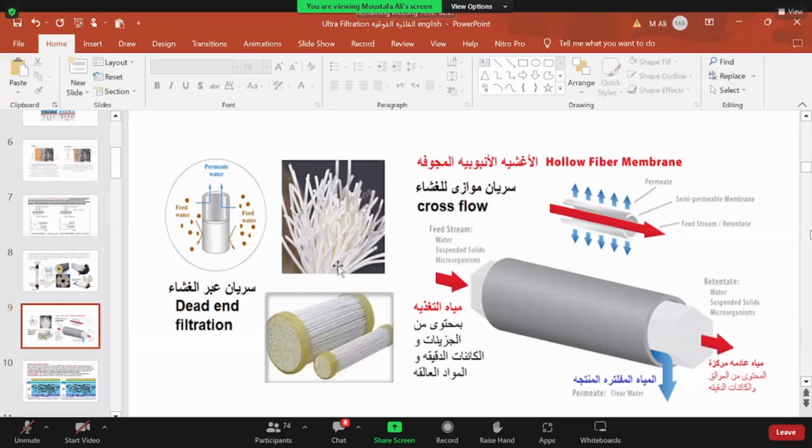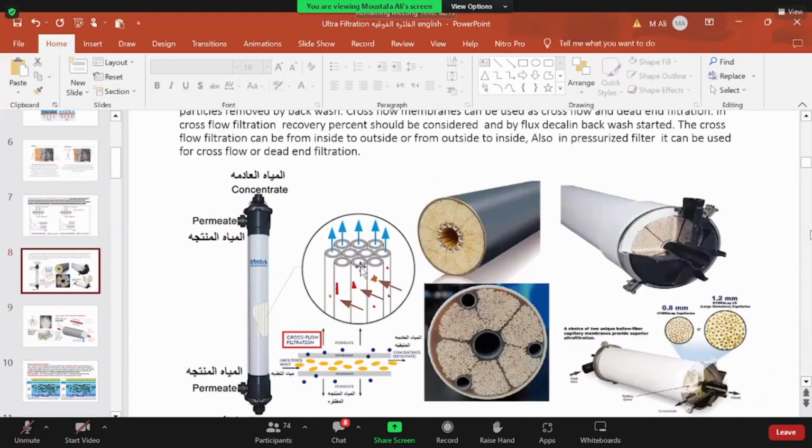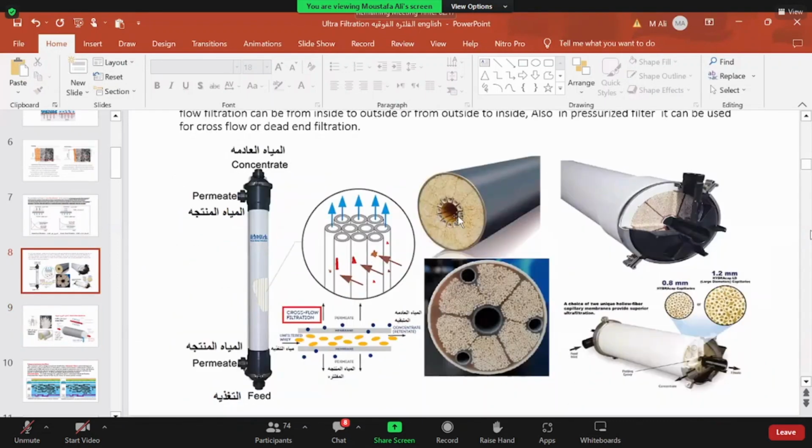So this is in general the pressurized hollow fiber membrane. We already explained that it's a bundle of fibers with resin on both sides. It's cut to give a clear section, so we can see the fiber ends exposed, and we can use this inside a pressure vessel. It can have a sealant from